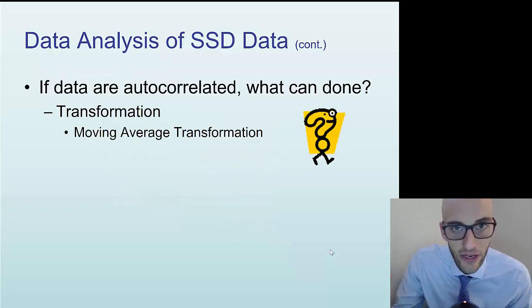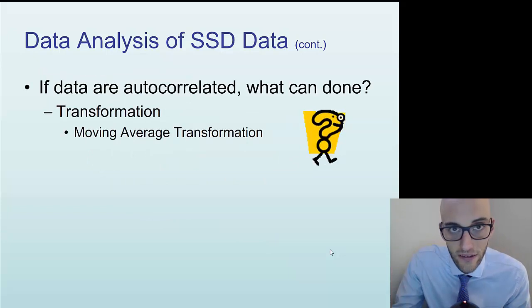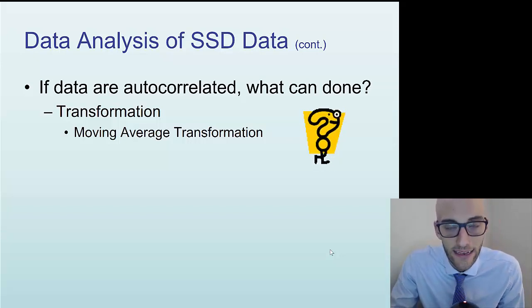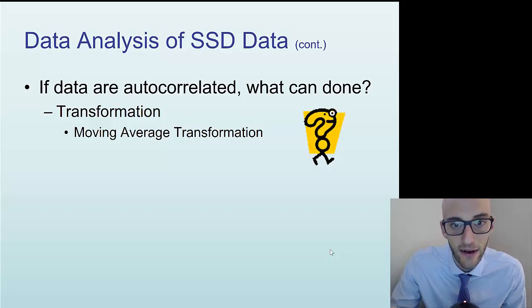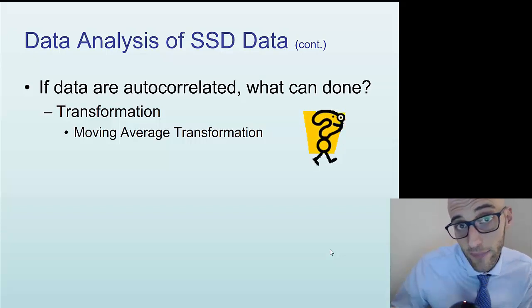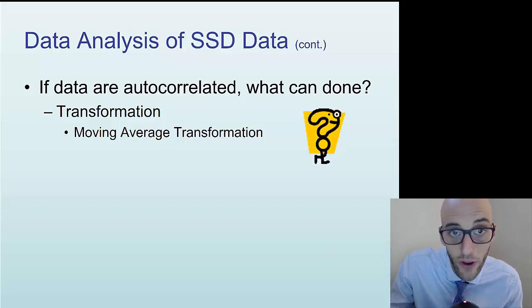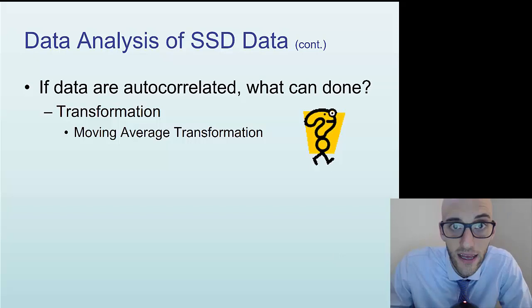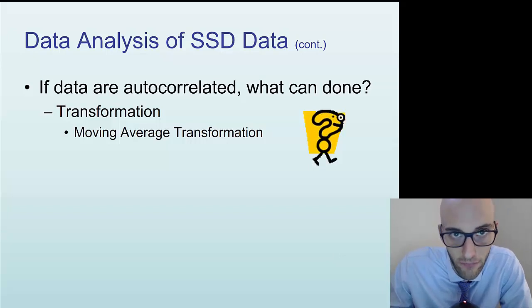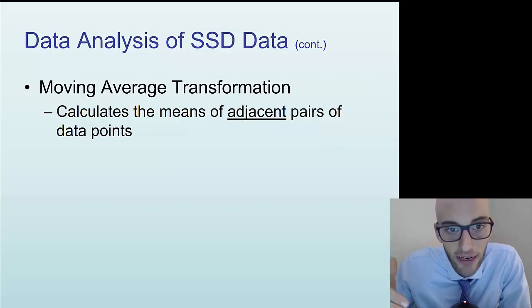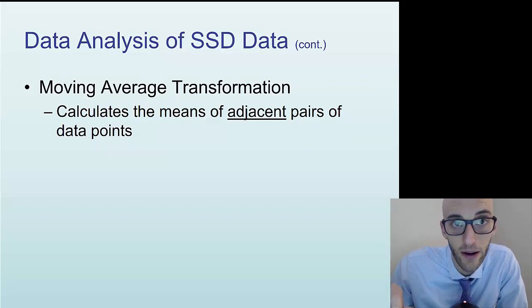So later in the videos, when I show you the methods used to get rid of autocorrelation, we'll discuss something like a moving average. So in order to smooth out that zigzag pattern where each of the adjacent observations are dependent on each other, a moving average will help us to get an idea of the average baseline and the average intervention so that we can run a t-test that's going to meet these assumptions and give us accurate, valid results. So again, that moving average calculates the mean of adjacent pairs of data points